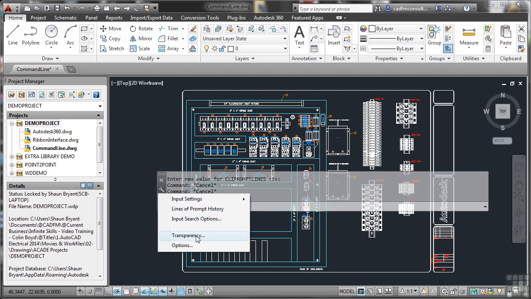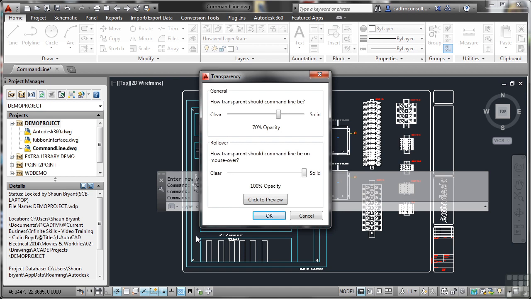Transparency, if I click here, my transparency options. So at the moment, how transparent should the command line be? I've got 70% opacity, which is the default setting. So basically that's taken me from 100% opacity, which is solid, towards the clear setting here. So I'm 30% transparent, which is more than adequate most of the time. How transparent should the command line be on mouse over? Now what happens here is you can set it that when you roll your mouse over the command line, it